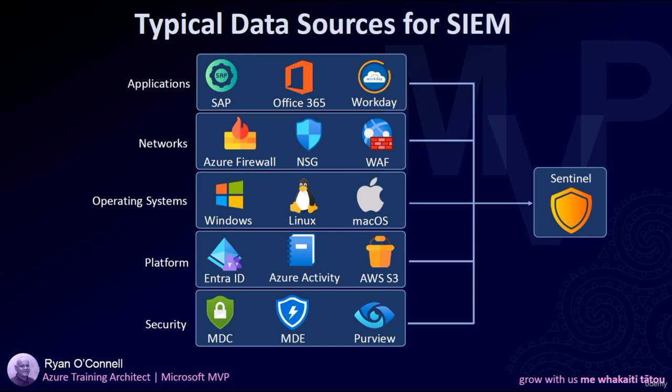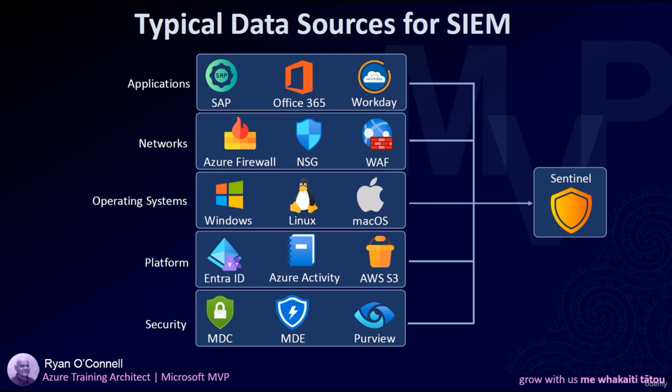For networks, we'd have our Azure Firewall, our network security groups, our web application firewalls. Operating systems could be Windows, Linux, macOS. Of course, our platform could be Entra ID, the Azure Activity that we want to capture, as well as AWS S3 buckets. And we've got the MDC, the MDE, and Purview as well. All of these logs can be gathered and put into Sentinel to allow us to secure and protect our environment